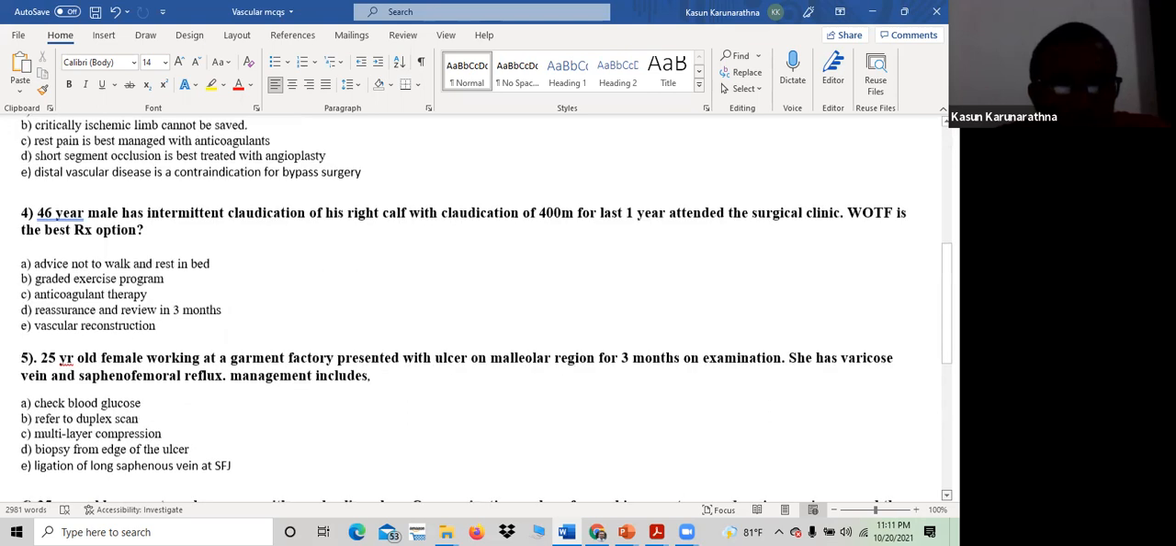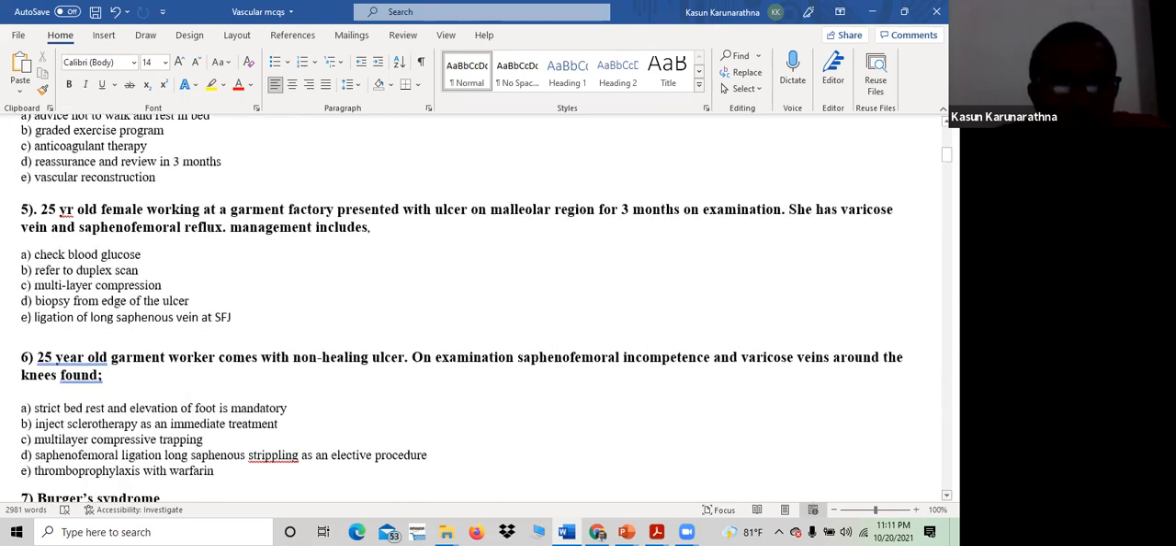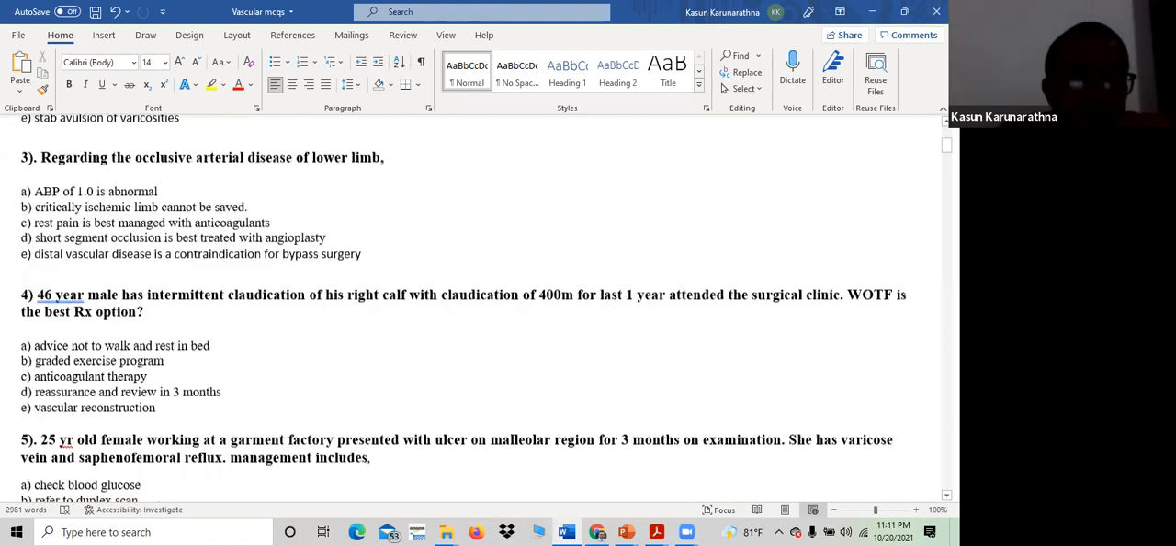Question number 5. A 25-year-old female working at a garment factory presents with an ulcer on the medial region for 3 months. She has varicose veins and saphenofemoral reflux. Management includes. Can you all answer this question number 5? This is true, false. How to exclude D